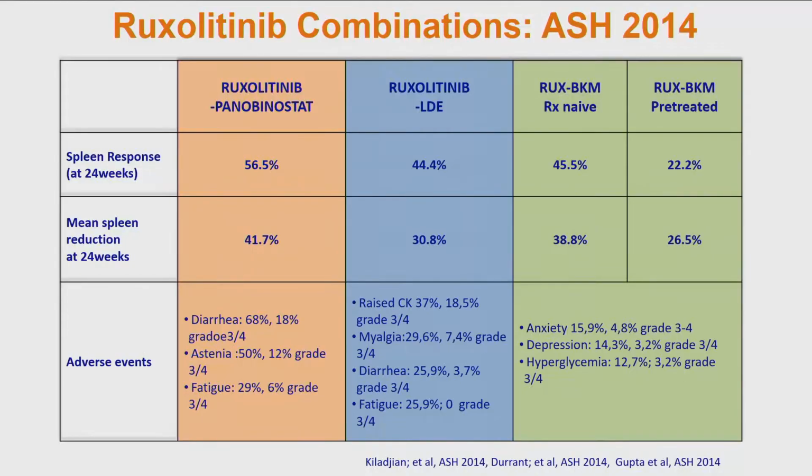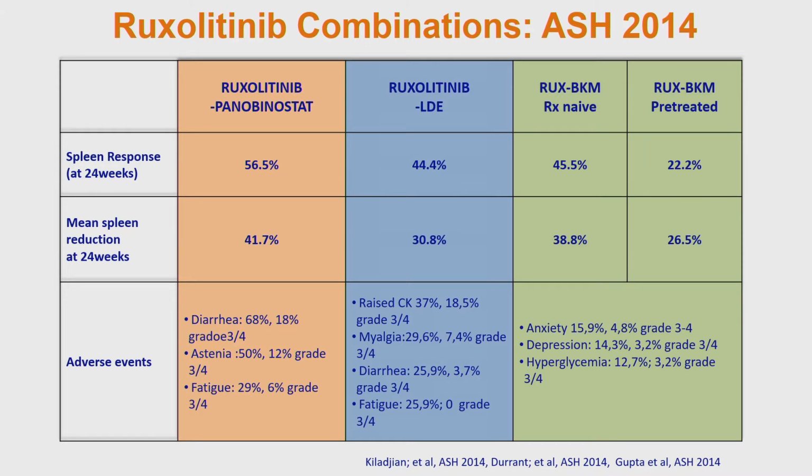And how do you judge your response then? You look at the spleen response. This is an example. You don't need to read the numbers. I'm just trying to convey how this work is done. What are we trying to achieve, right? So we add the medication to ruxolitinib. These are 1 study, 2nd study, 3rd study. And then we look at the result and we say, oh, is it better than what ruxolitinib alone would do? And we usually look at the quality of life and the spleen. So these are the spleen responses and mean spleen reduction. But the main message of this slide is this: